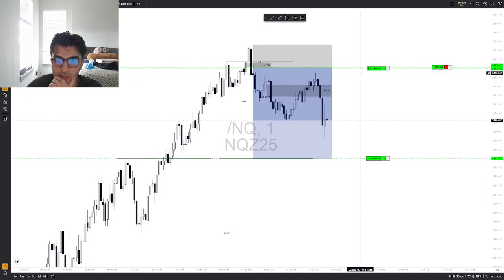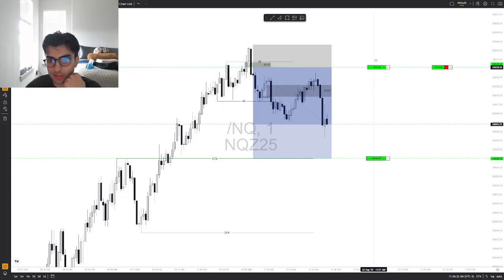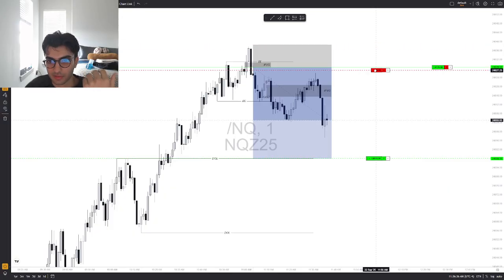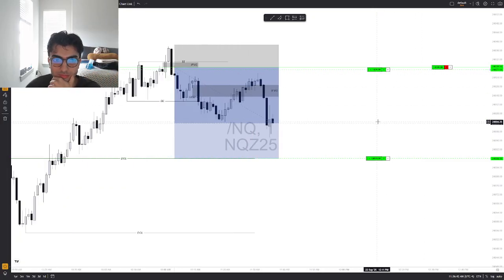So we were very close to getting stopped out at break even. That's why a lot of traders I know will just keep their stop loss at that stop loss level. Because they say, where's your conviction? You should have conviction in your trade. Why are you exiting at break even if your original trade idea was going short?